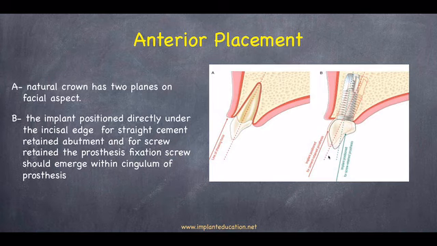It's okay for the abutment to be very short, and we need to have the access away from the aesthetic zone. So these are the guidelines for placing implants buccal-lingually in the anterior, either under the incisal edge or under the cingulum, depending on whether we are planning to restore that implant with a cement retained or screw retained prosthesis. In the posterior, however,